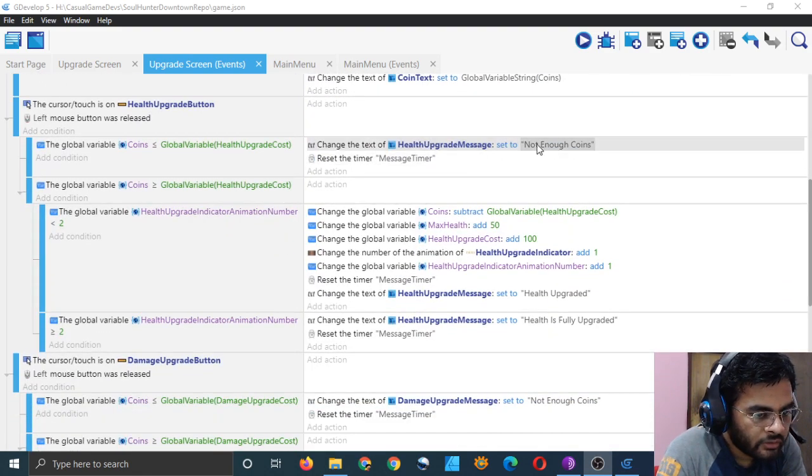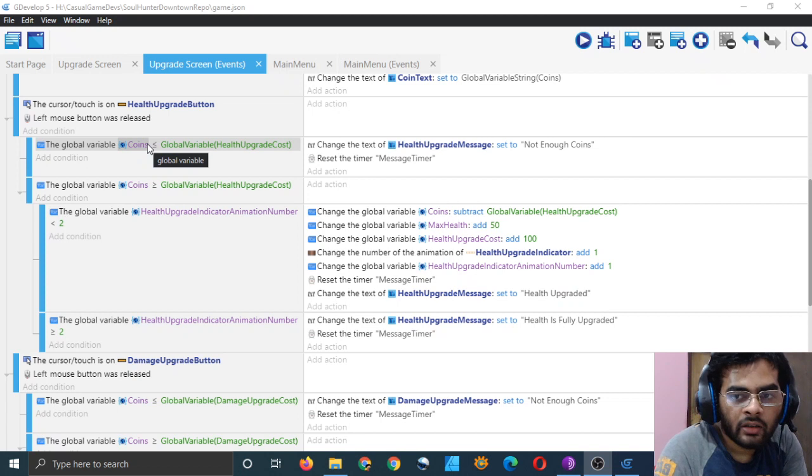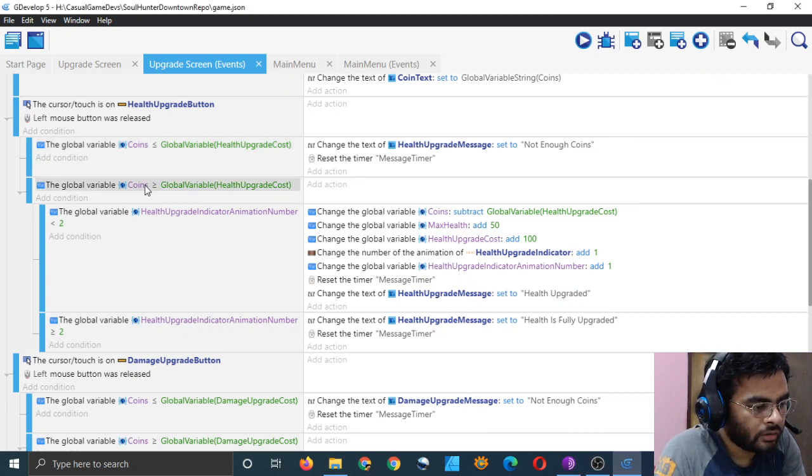We are sending a message, not enough coins, here. Our coins are less, and with that, if we have already achieved the highest level, we should not say not enough coins, we should say we have already fully upgraded this stat. So I think it's very simple.